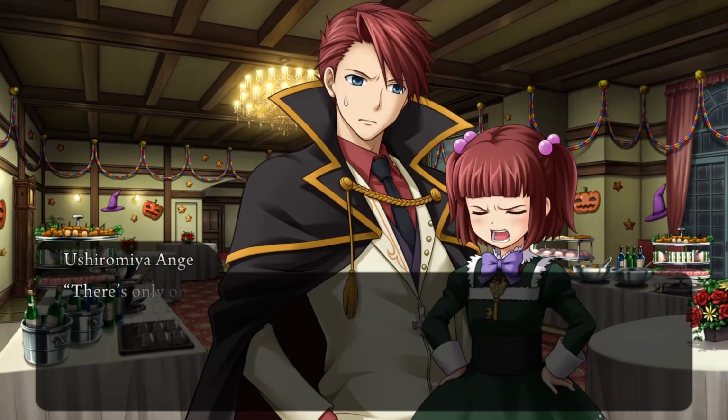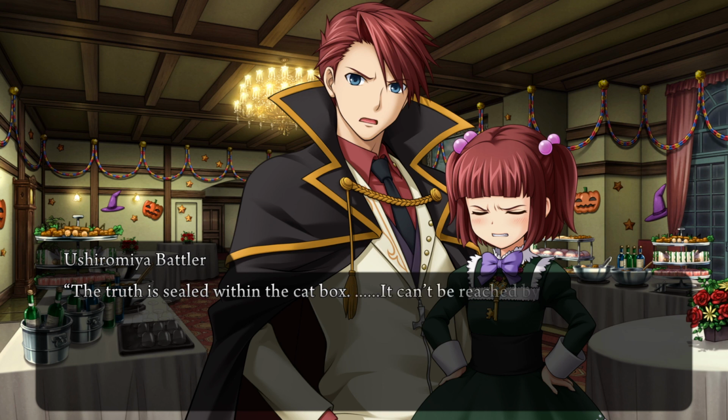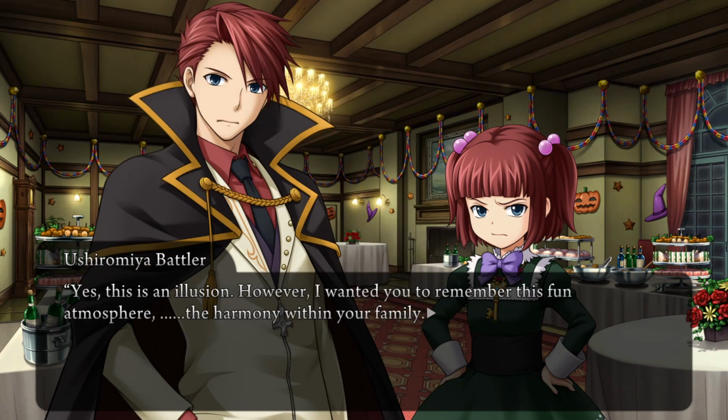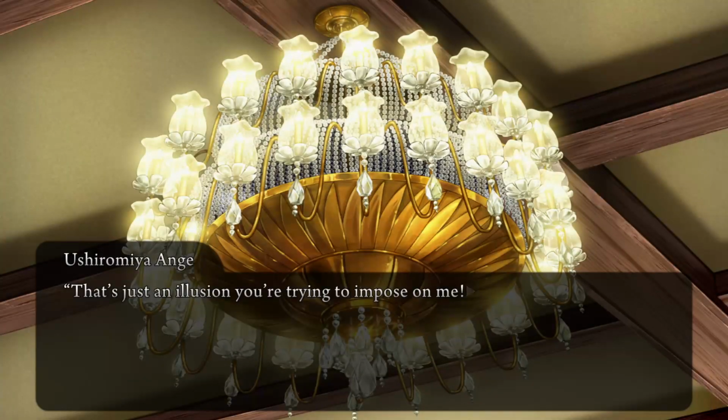何が望みなんだ。最初からただ一つ、1986年の六軒島の真実、それだけを私は求めてる。You can't handle the truth! 真実は猫箱の中に封じられてる。猫箱の外のお前にはたどり着けない。だからこの甘ったるい幻想で私をごまかそうと。確かにこれは幻想だ。だが、お前にこの楽しい雰囲気を、親族の和気あいあいとした気持ちを思い出してほしかった。あの日、あの島で何があったかじゃない。お前が忘れてしまった親族会議の温かな雰囲気を思い出してほしかったんだ。Yeah, you know, it's nothing malicious. But she does want to know what happened on that day. それは、お兄ちゃんが押し付ける一方的な幻想よ。Bit of a, you know, a split in interest here. 私はそれを断固拒否する。拒絶。